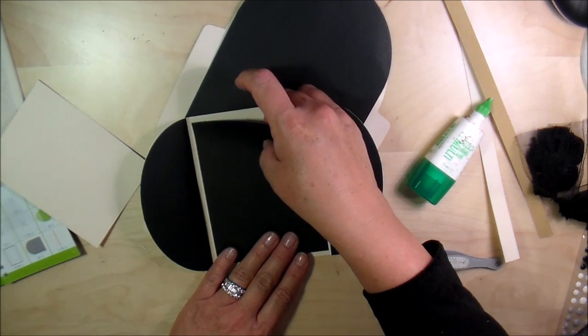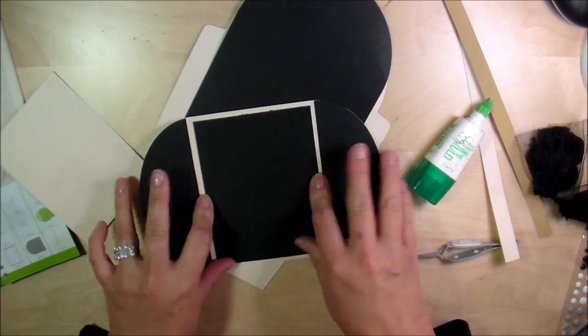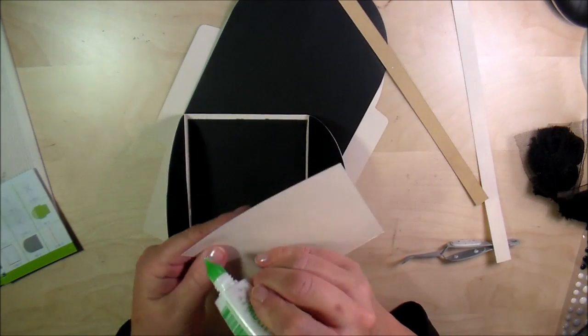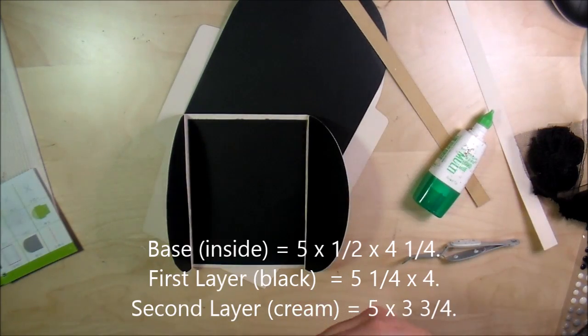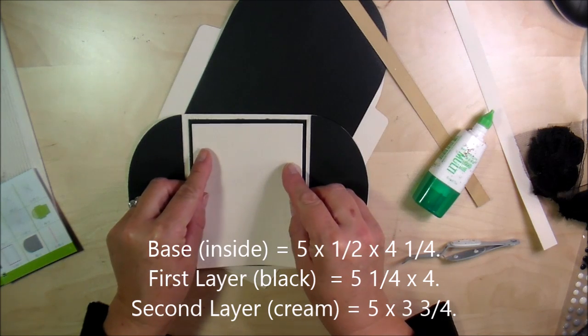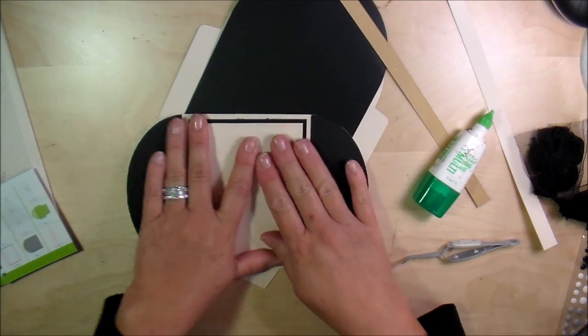And then I'm going to put in the same color paper, making sure that's all even, to write on. Give me just a minute, I'll give you these measurements. The black one is, sorry, 5.25 by 4. So the black one is 5.25 by 4, and then